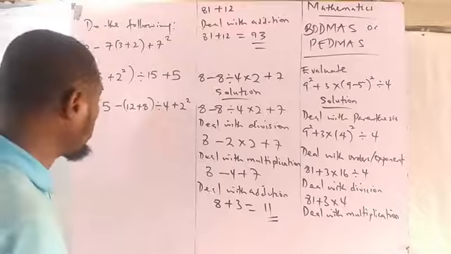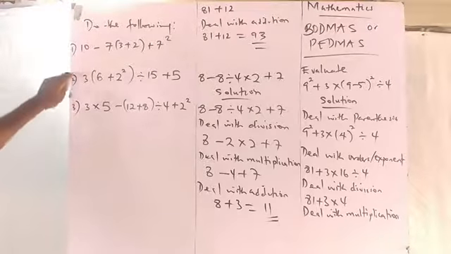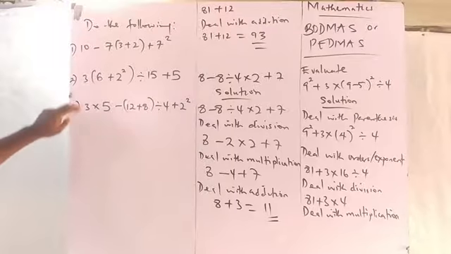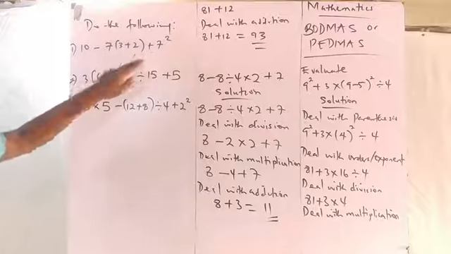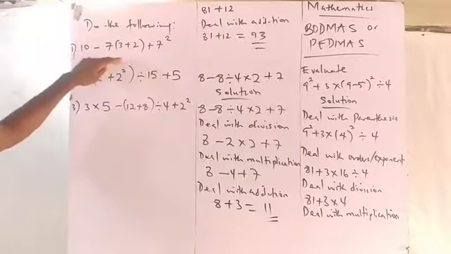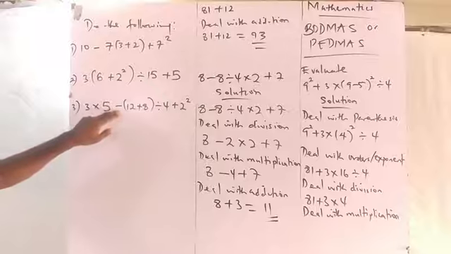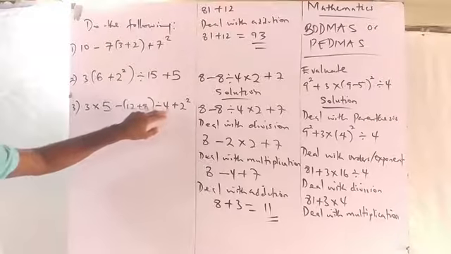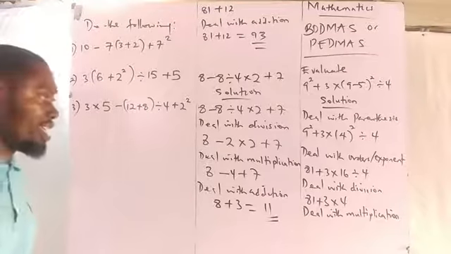You should carefully solve these problems. Carefully solve these 3 numbers and ensure you have the right answers. 10 take away 7 into 3 plus 2 plus 7 raised to the power 2. 3 into 6 plus 2 raised to the power 2 divided by 15 plus 5. 3 times 5 minus into 12 plus 8 divided by 4 plus 2 raised to the power 2. So carefully deal with these problems and see if you're going to